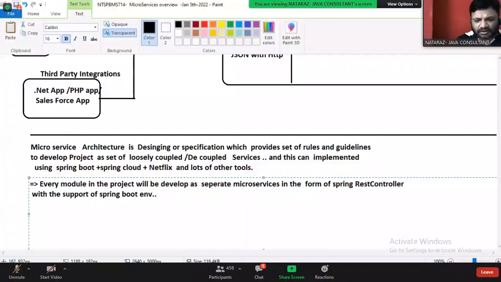Spring REST controller simply with the support of what, guys? Spring Boot environment. Okay.